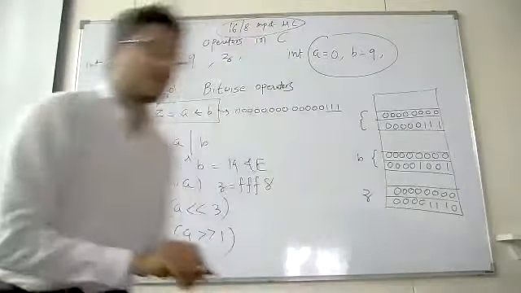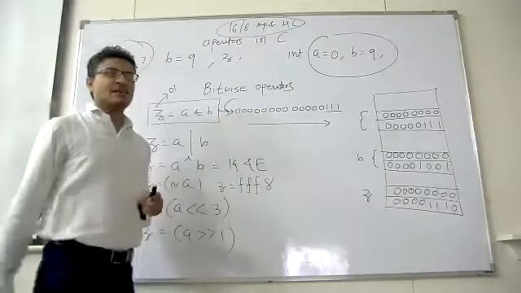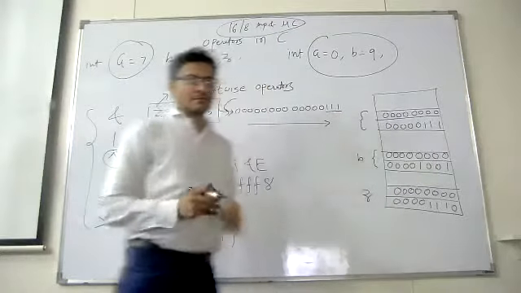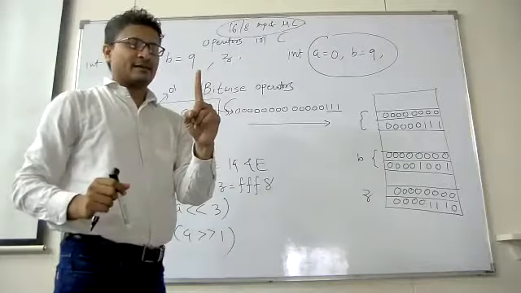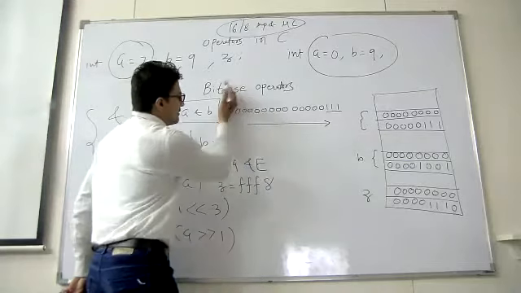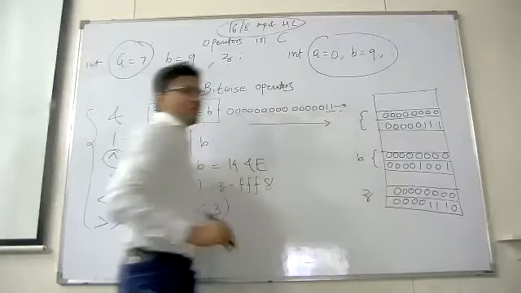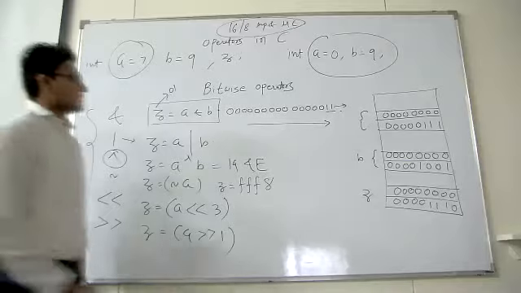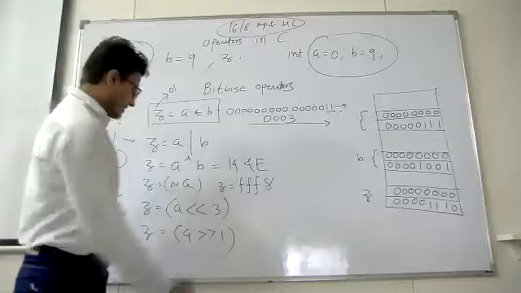Shift right by 1 position. In shift right, it will fill the MSB with 0 and discard the bit from the LSB position. It will move this data in the right direction by 1 bit, by 1 position. So it will append 0 here, then 1 0, and it will discard the last one. So my answer is 3.